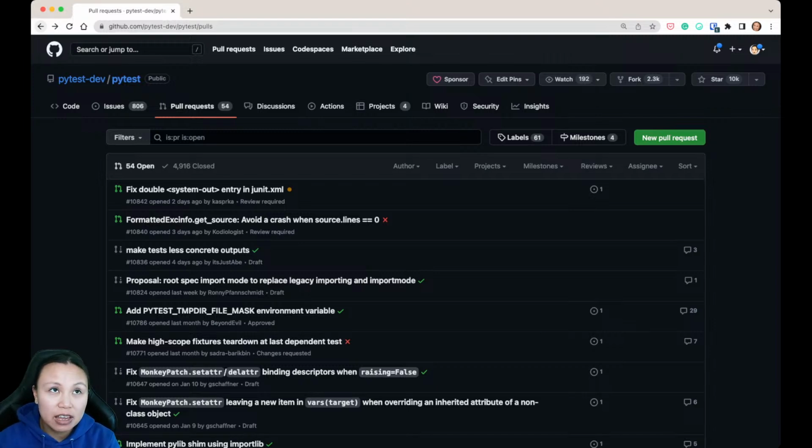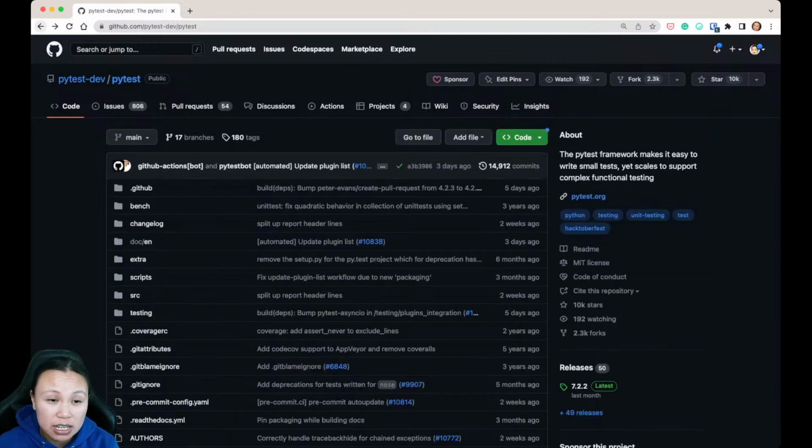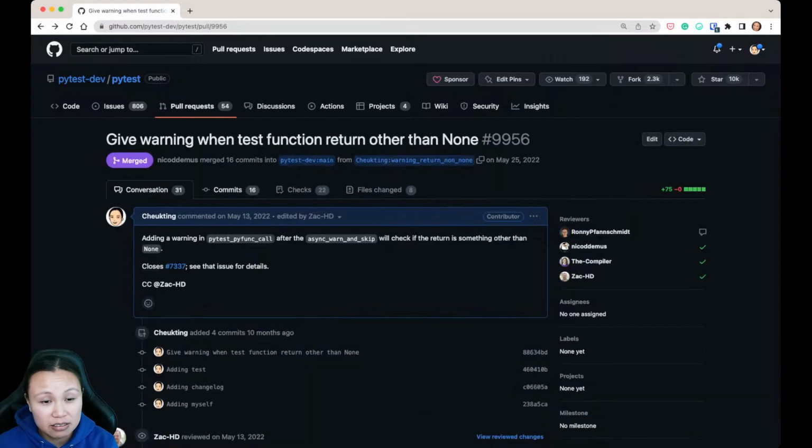Because sometimes there could be issues that the maintainer thinks are too complicated, and they would rather fix them themselves because it may involve a lot of rewriting and things. So for those, it's not ideal to work on, especially if you just started with that project and you didn't know that project that well.